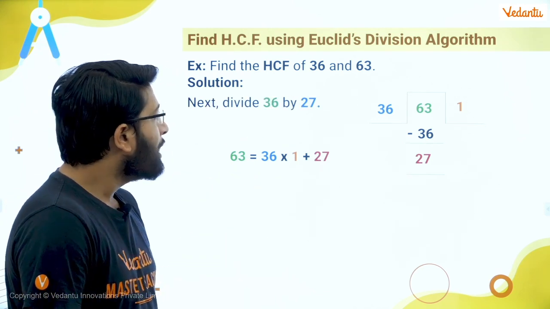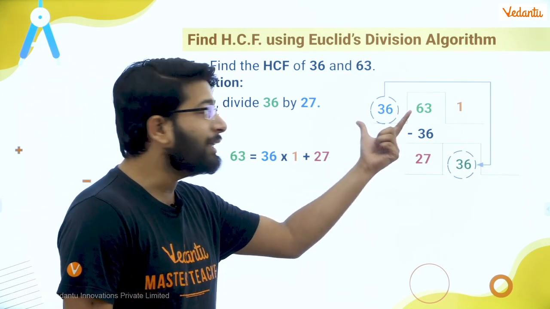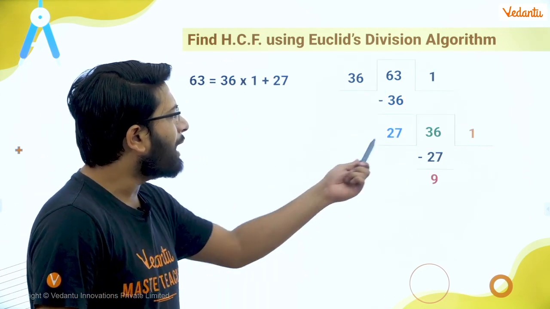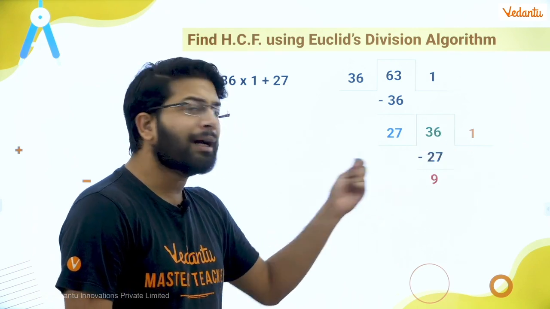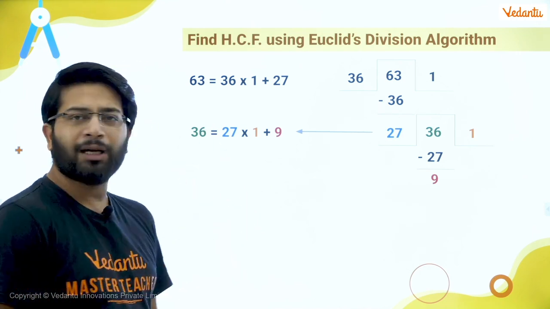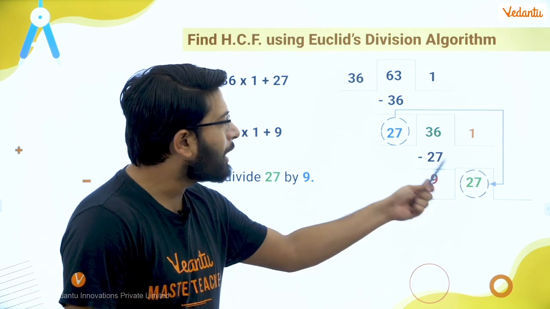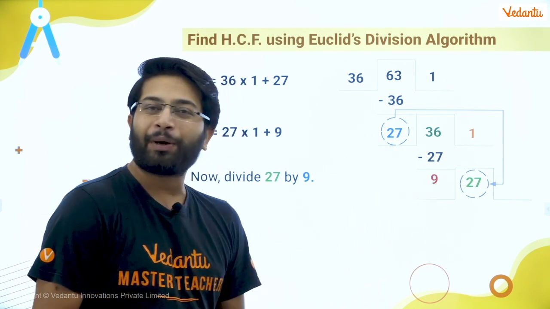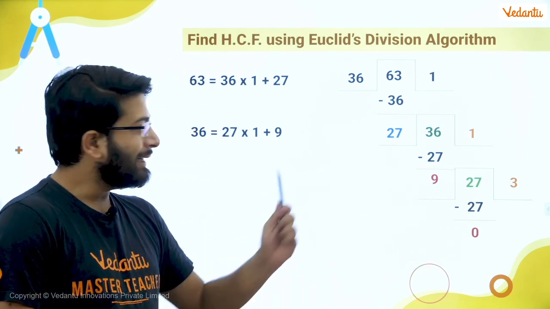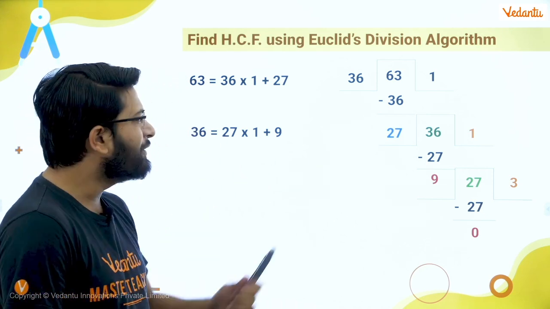Now, what I will do, I will again divide the previous divisor by the non-zero remainder until I get my remainder equal to 0. So again division, again quotient 1, again non-zero remainder. So again we will write the Euclid division lemma, right? Very simple. Now again champ, we will divide the previous divisor by the non-zero remainder. Now in this case, I am getting my remainder equal to 0. And again, I have written it with the help of Euclid division lemma, right?